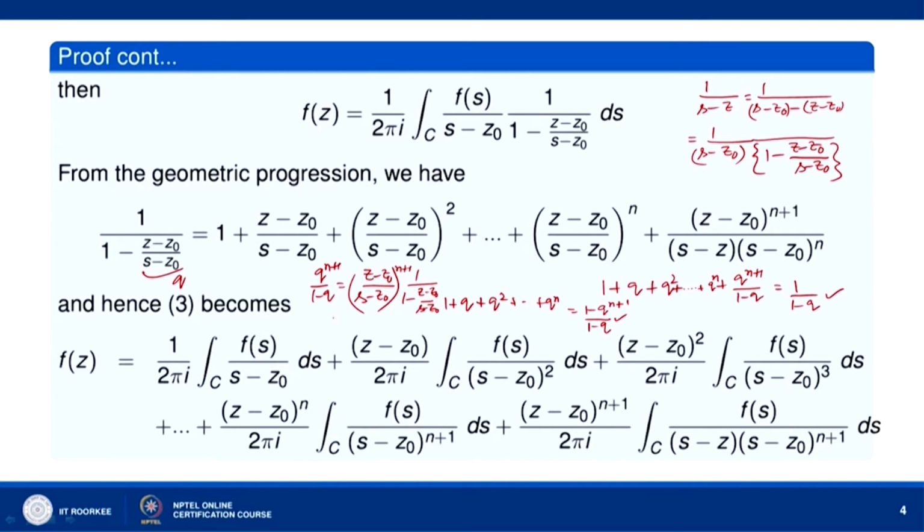So, what is it? (z minus z naught) to the power n plus 1 times (s minus z naught), divided by (s minus z naught) to the power n plus 1, times (s minus z). This s minus z naught will cancel with one s minus z naught here, and we will get (z minus z naught) to the power n plus 1